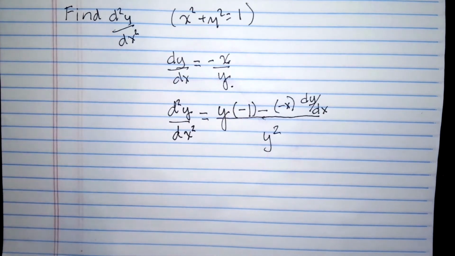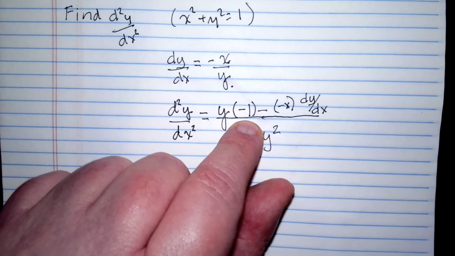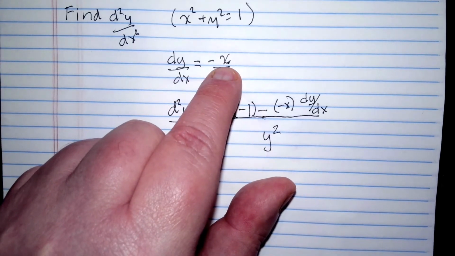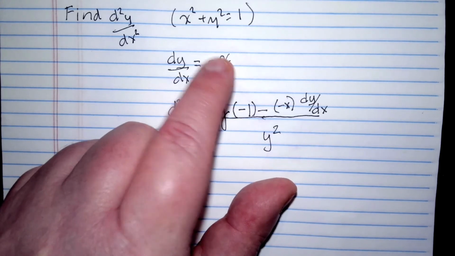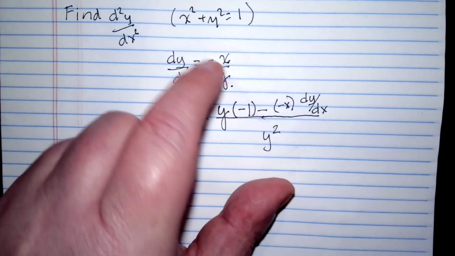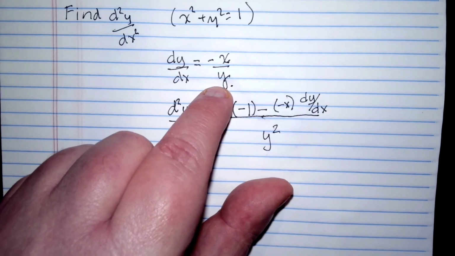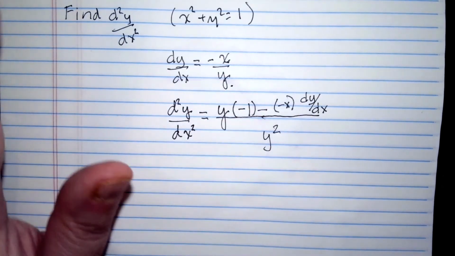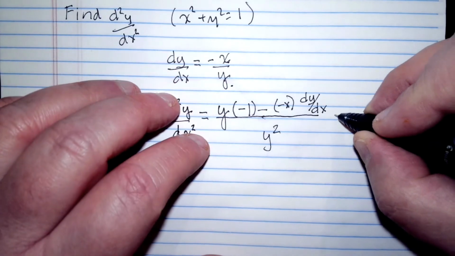So notice that when we differentiated a function of y, we included a factor of dy dx. When we differentiated a function of x, we did not include dy dx. So here, when we had the denominator times the derivative of the numerator, we were differentiating negative x, a function of x. There was no need for dy dx. The derivative of negative x is what it's always been. But then after the minus sign, we have the numerator, negative x, times the derivative of the denominator. Well, that will be 1, and then multiplied by dy dx. We were differentiating a function of y there. Alright, so this turns out to be,